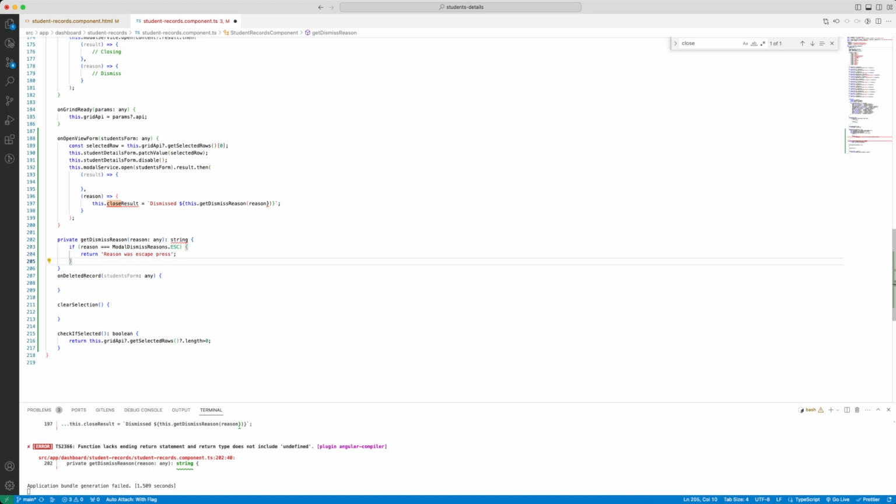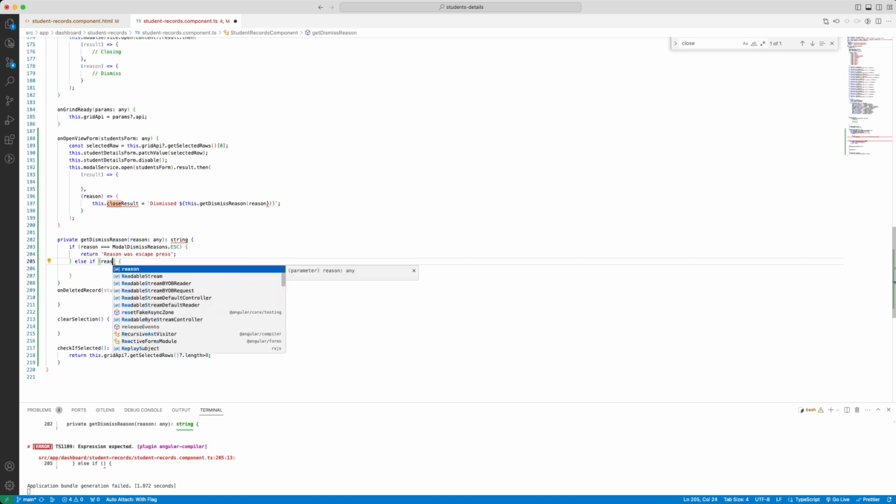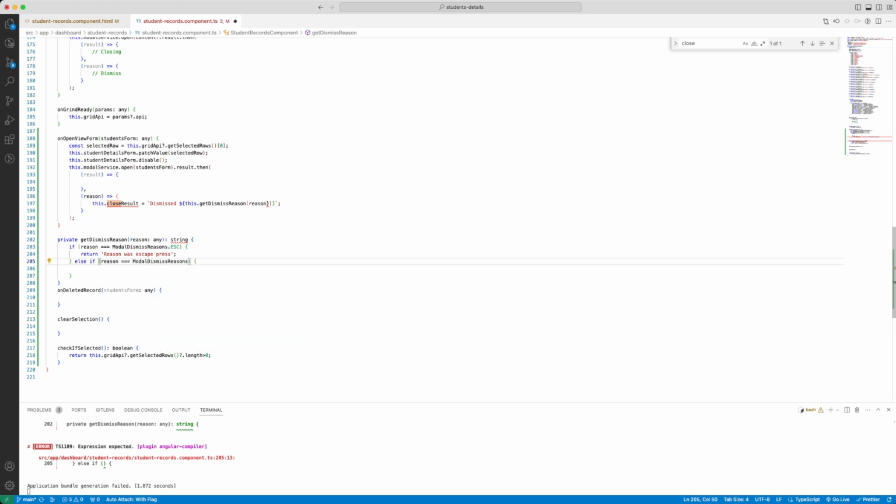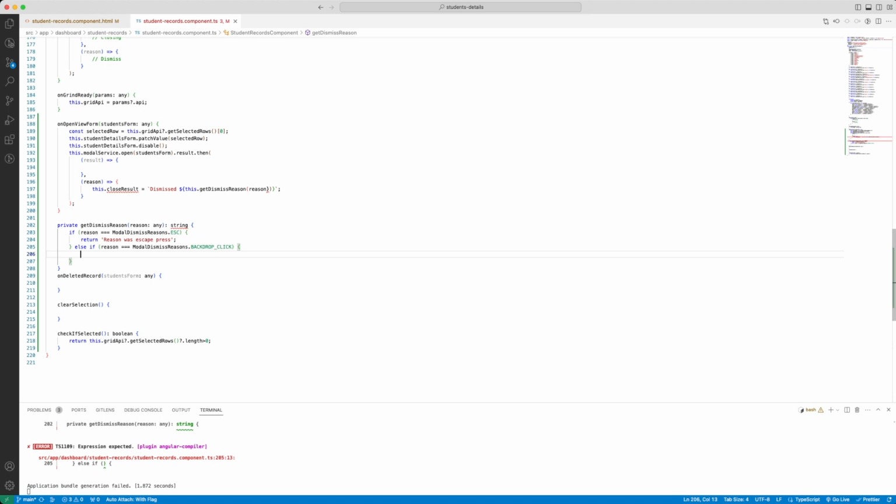Let's just copy this and put here in another else if. So in this block, what I'm going to do is capture the reason. Model dismiss reason. If it was backdrop click, meaning backdrop click, then need to return a string which would say